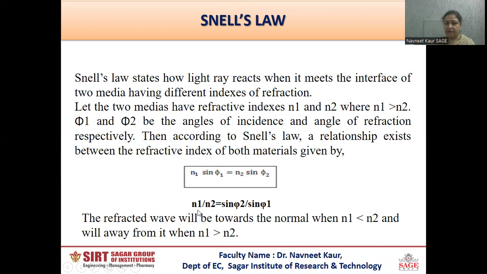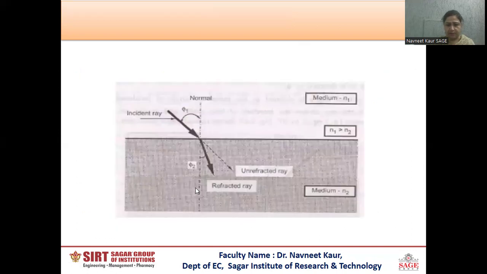That means N1 is a medium of less refractive index, that means it is the rarer medium, and N2 is the denser medium. So, when light rays move from rarer to denser, the light will always bend towards the normal because here phi